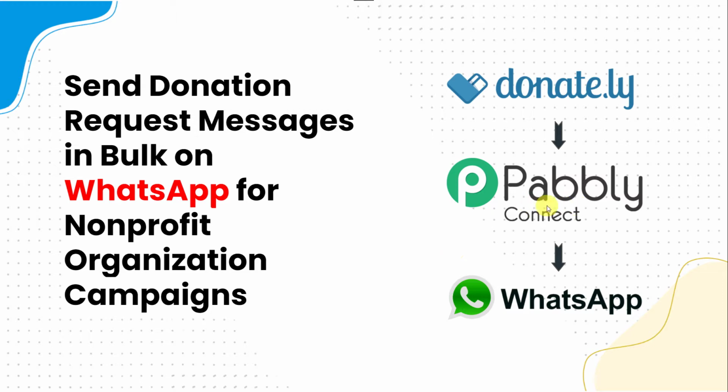The best part here is it doesn't require any coding skills or programming knowledge. Even a non-technical person can use this software application very easily. So first we are going to create an integration between Donately and Pabbly Connect. Then Pabbly Connect is going to capture all the details related to the campaign and then we are going to link the Google Sheet with Pabbly Connect in which you have created your donor database, and using all these details automatically a new donation request message will be sent on the WhatsApp number of the donors. And in this way we are going to learn how we can create an integration between Donately and WhatsApp using Pabbly Connect. So let us learn the integration process now.